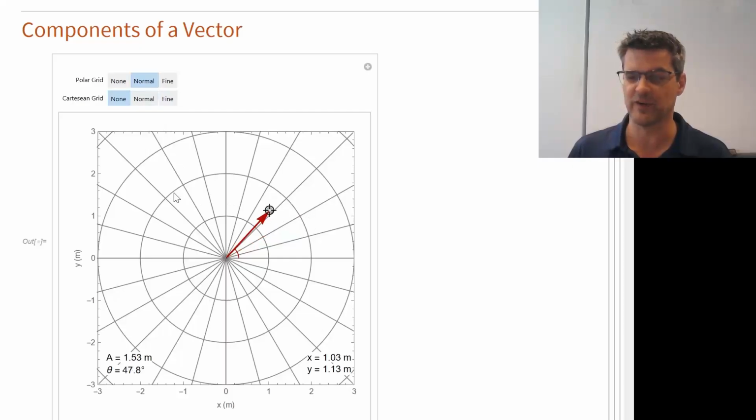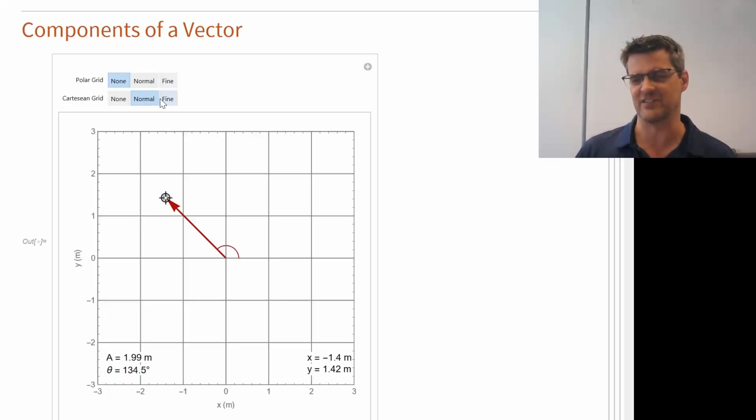So what if we were to have this vector now pointing, let's see here, this is 45 degrees short of 180, so this is 135, but it's still at the same length. It's still too long. Now, if we were to look at this in a Cartesian sense, and we can give a